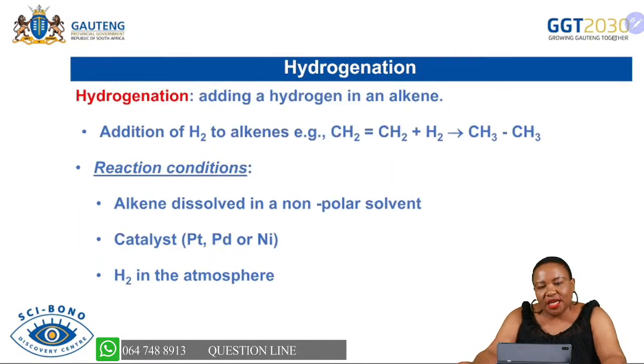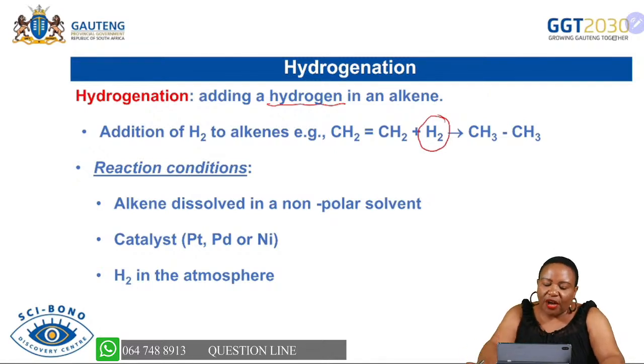During hydrogenation, as I said, we are going to add hydrogen to an alkene to form an alkane. I think by now we know hydrogen is a diatomic element. That's why we write it like this. So this is an example of an addition reaction of an alkene, whereby hydrogen is going to be added. So we are taking an ethene,